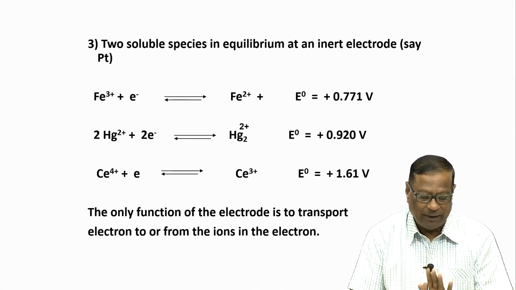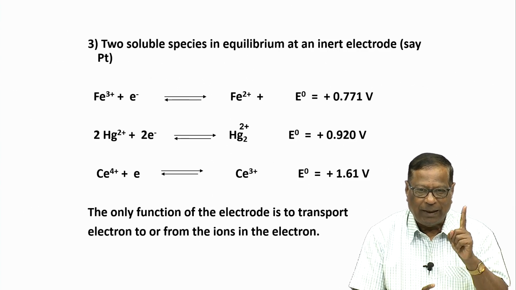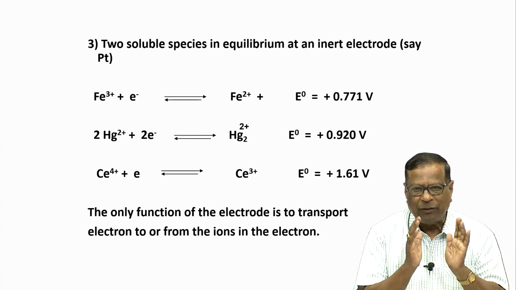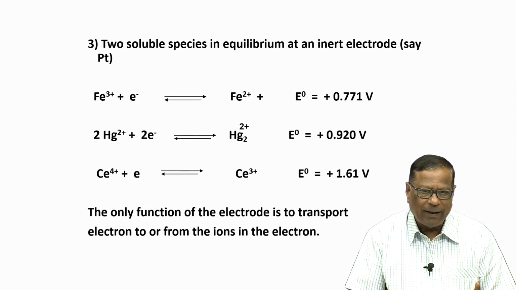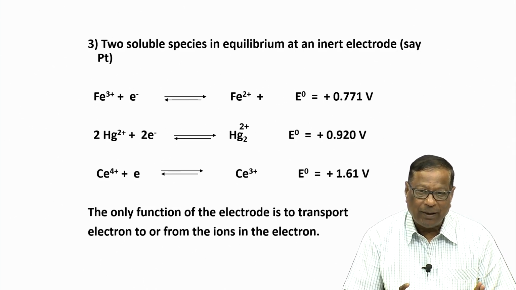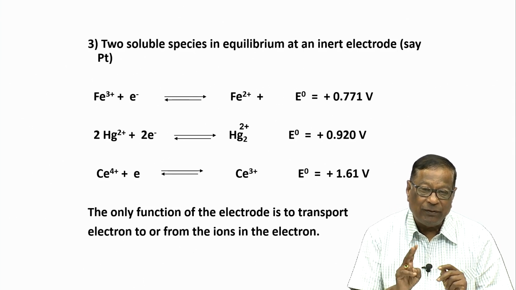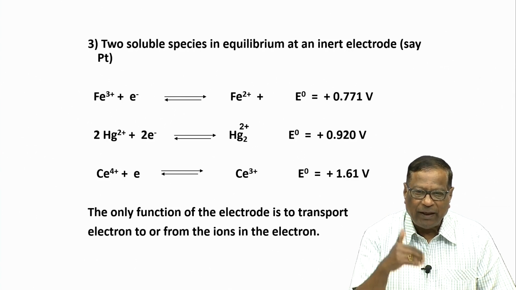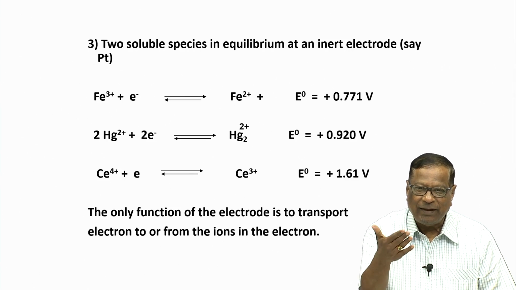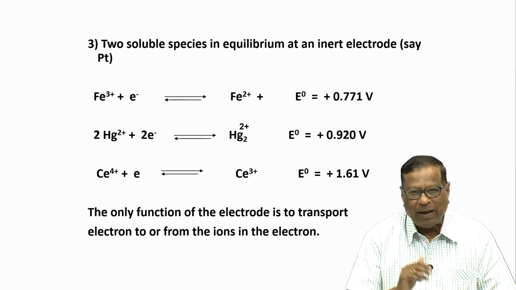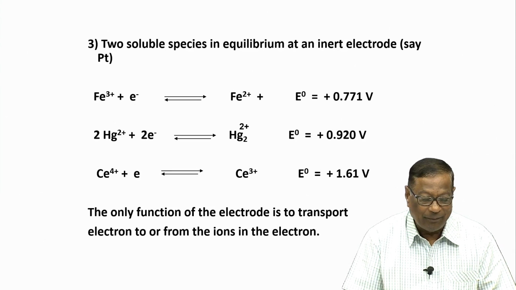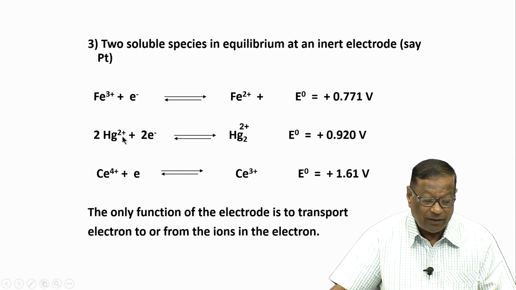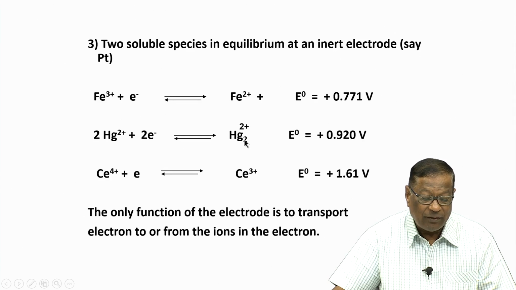First, an electrode of the first kind is a metal electrode with its own solution, which is quite soluble. Second is a metal electrode with a sparingly soluble salt, that is the second kind. And third is a platinum electrode with two species in solution which are not platinum. They could be anything: ferrous and ferric iron, cerous and ceric, or manganous and manganic, anything.